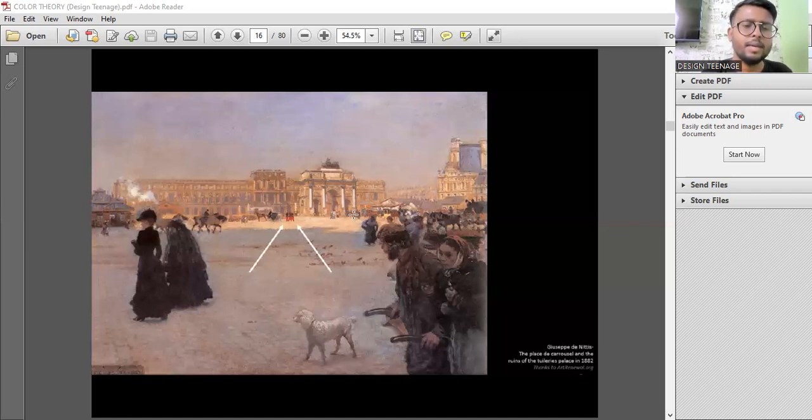Without color, we cannot even move a single step, because without color, we cannot even justify things which we try to understand. For example, when you look at a particular phone, the composition or the color scheme that you see over there is helping you to understand or identify that, okay, should I go for this, or it's helping you to decide. You are setting up your mind on the basis of that.